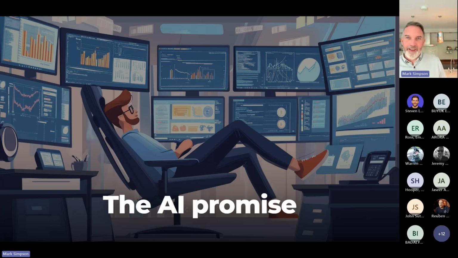So back to the promise, this is probably how your CIOs think the IT departments or commercial delivery teams will look in maybe 10 years' time, that we're sitting back, we're monitoring all of these AI agents that are doing all of our jobs for us, we're guiding them, but the promise is there of full automation. Now, I think we know, and when I've talked to people, that this is not going to be the full reality, and certainly not as we're getting mature with the use of Gen AI.